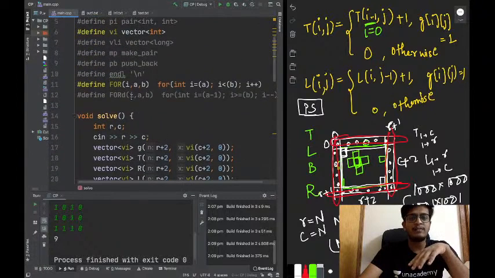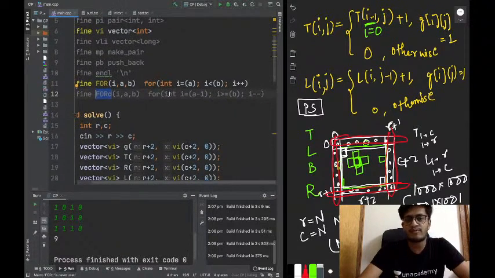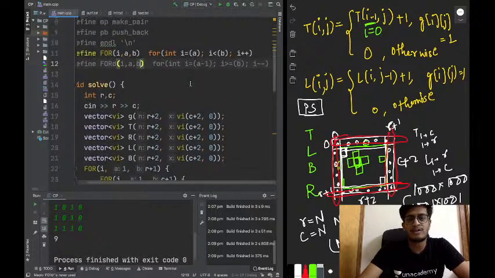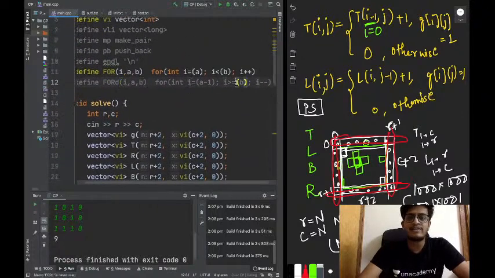Okay. So for r and b values I have defined one more for loop, which is a decrementing loop: for int i = a - 1; i >= b; i--. You can create it on your own. This is what I am comfortable with. The smaller value present at the second index is included, but the larger value is not included. Don't get confused.